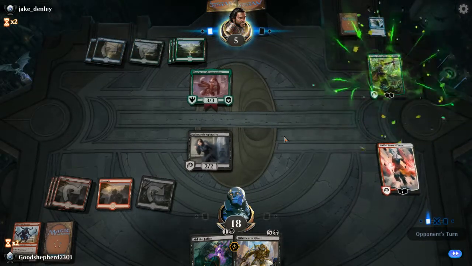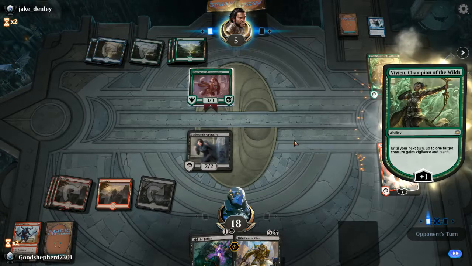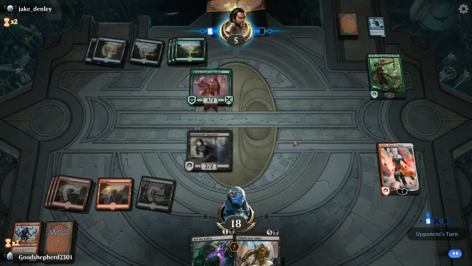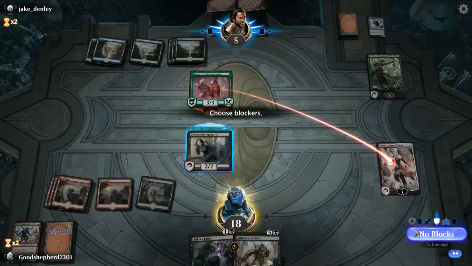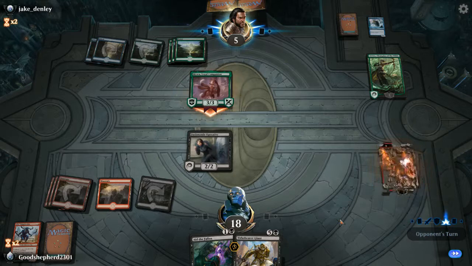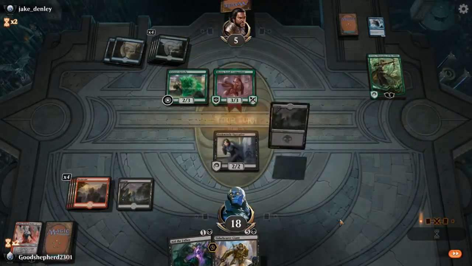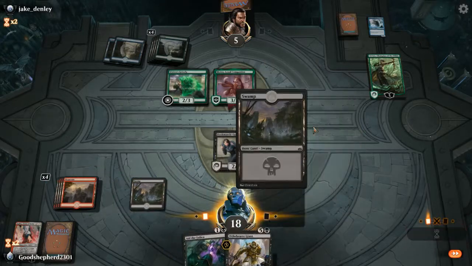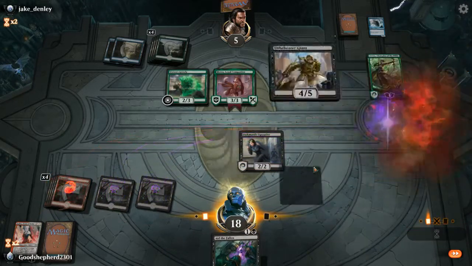Vivian Champion of the Wilds. Probably gonna use it to dig up a creature of some sort. Strike now! Strike hard! That works too. I will come for you another day. Vivian's Grizzly. I'll probably cast Aid the Fallen later. I'm just gonna go with Tiger